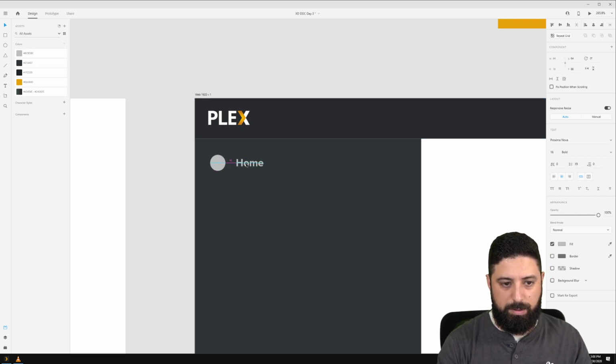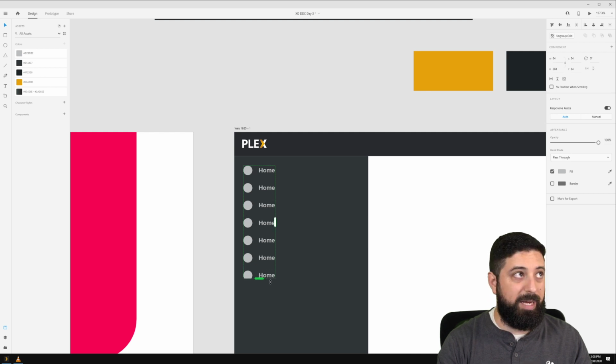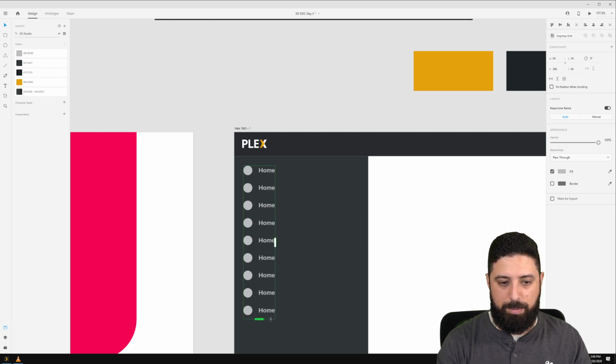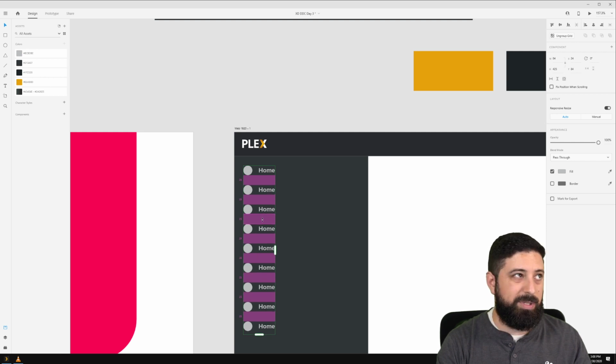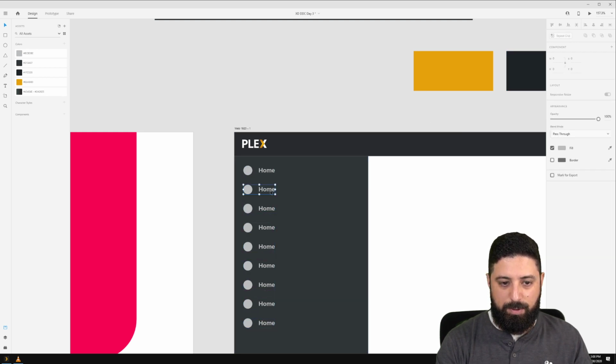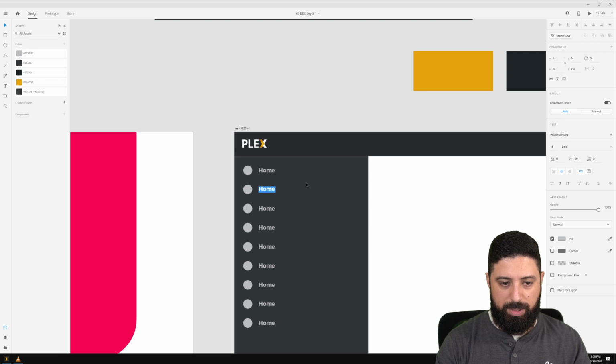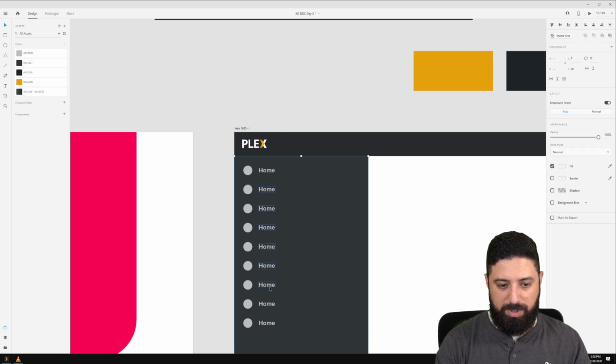Perfect. Okay, great. Now, another thing I want to do is a repeat grid here because I know I'm going to want a couple of different menu options, and then I can spread these out to my liking. So I might spread these out and let's go 24. That works nice and clean. I can ungroup that afterwards. Then in here, I can say things like home. I'll do one more thing before that: mark all of these to be left aligned.